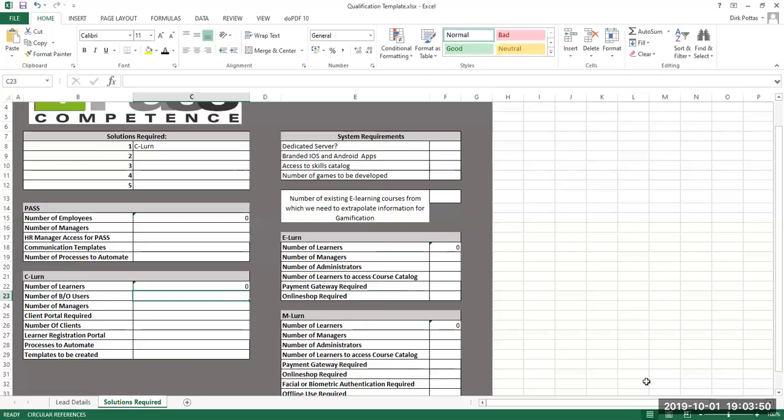Okay, so there's some need for us to understand terminology, because I understand number of learners, I understand the back office users, I understand learner registration portal, but some of these other things are not that transparent. I mean, and they're not drop downs, presumably. Yeah. So